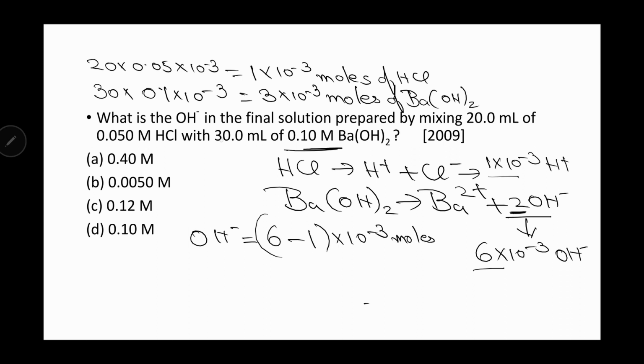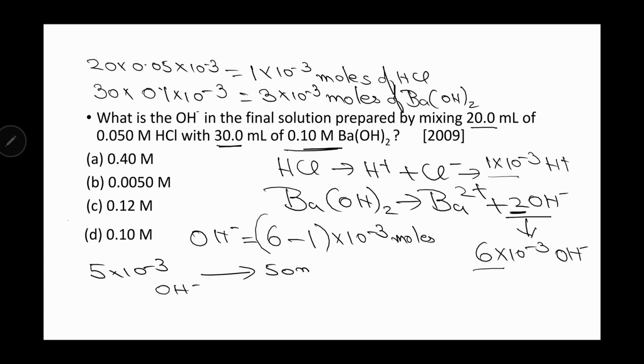But there is one thing to note here. 30.0 ml of 0.10 M Ba(OH)2 is added to 20.0 ml of 0.05 M HCl. So the volume of the solution here is 50 ml. So 5 into 10 to the power minus 3 moles of OH minus are now present in